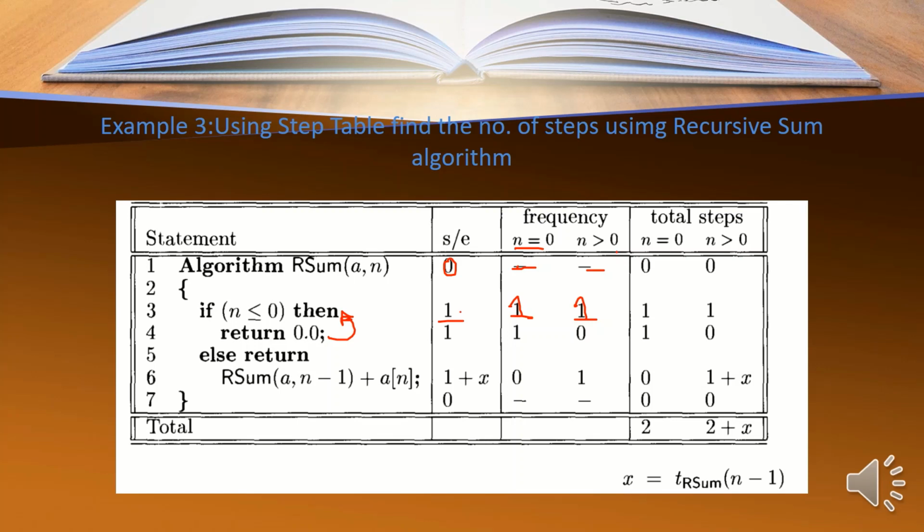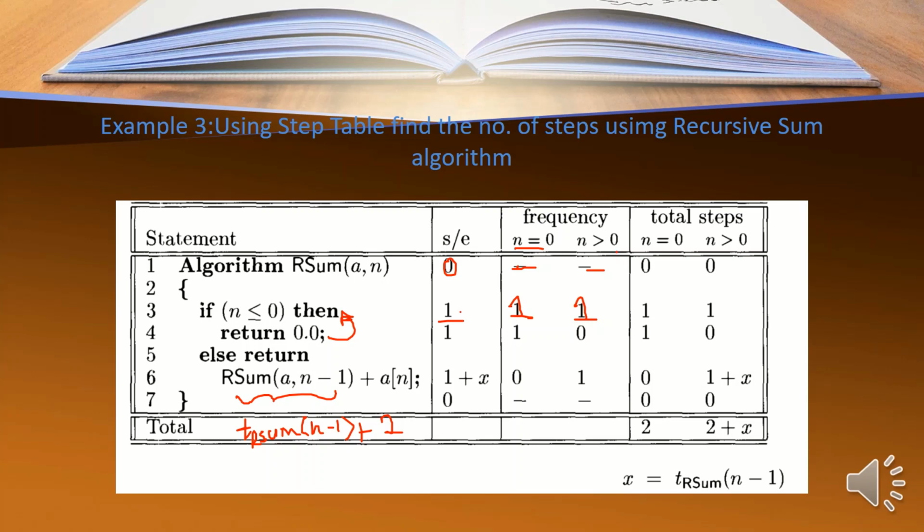Next, else return of sum. So it is same as the previous one. So this portion, tr sum of n minus 1, I am going to consider as x. Return addition and method invocation I am going to consider as one step. So 1 plus x, where x is nothing but this portion.